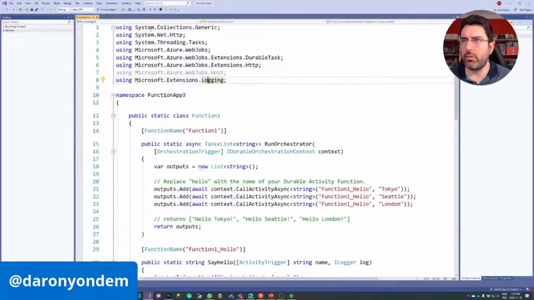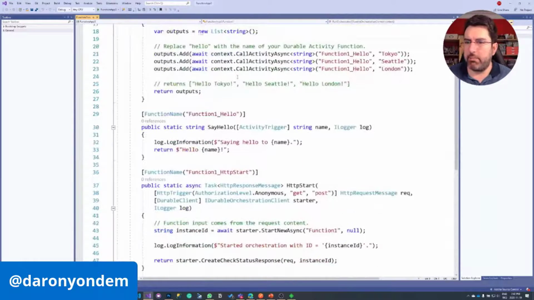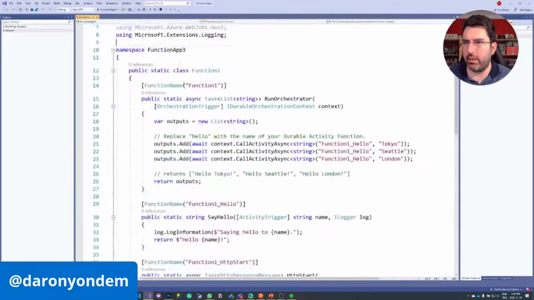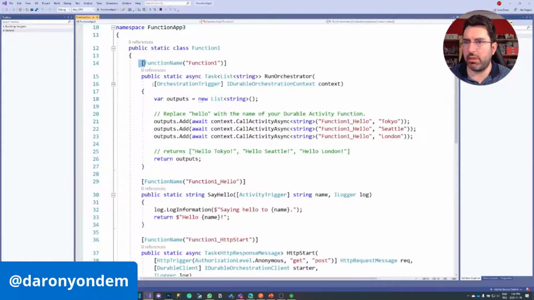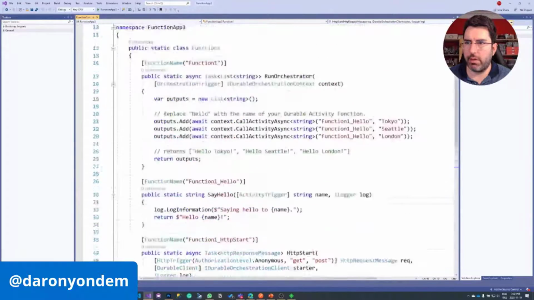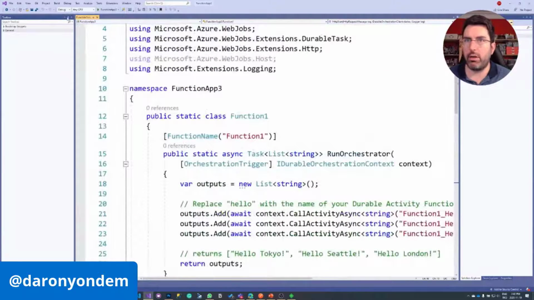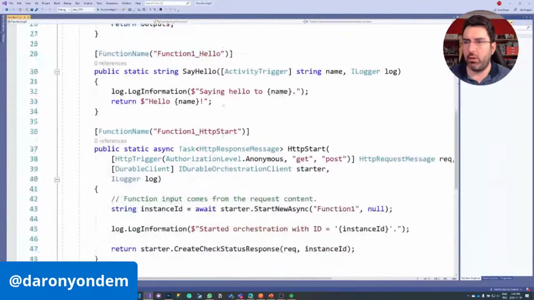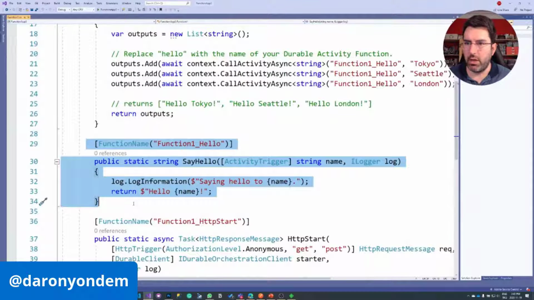Great. So we got one Function1.cs file in our project. This isn't the way I would ideally design a function app, because in this case we got 3 functions in the same physical file. Usually I separate those, but whatever it is, we got the code in here. So let's look into that. The first thing to understand here, the important thing to understand here is this one. This is what